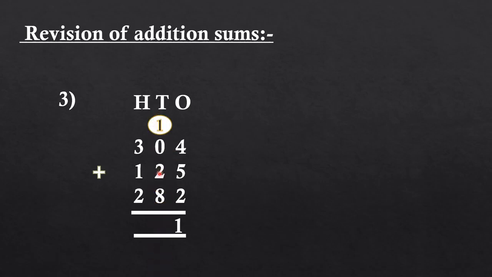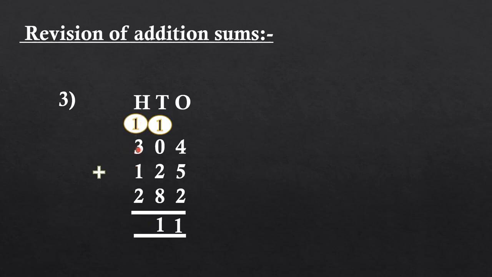Okay beta. Now first of all we will add 2 plus 8. So keep 2 in your mind, 8 on your fingers. So after 2 you have to count 8 numbers. Yes, let's start counting 3, 4, 5, 6, 7, 8, 9, 10. So now keep 10 in your mind and 1 on your finger. So after 10 we have to count one number, that is 11. So we will write 1 here and again 1 will be carry over at hundreds place column.